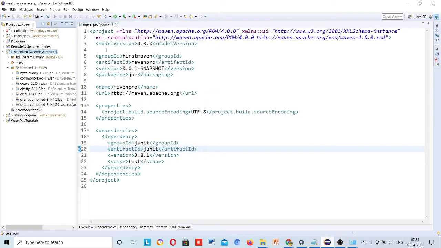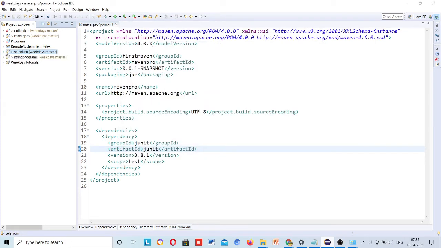So for every third party we use in our Java project, we add a jar. Now we get rid of that. We don't need to add jars. Maven will download all jars for you automatically. And how it will do this, that you have to see.